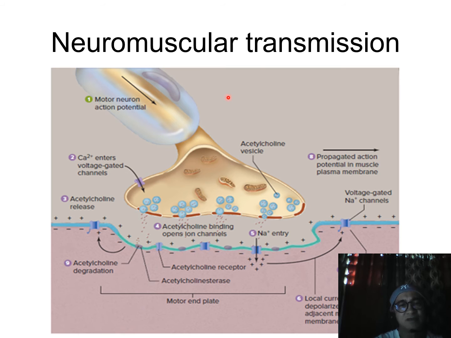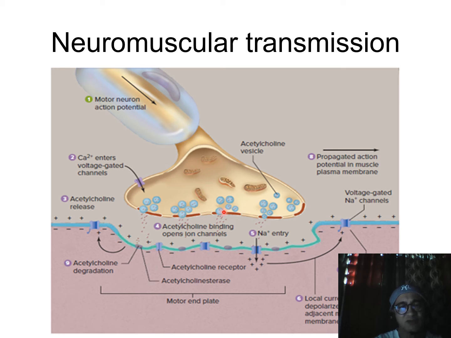The figure here shows the process or events of neuromuscular transmission when signals coming from motor neurons are transmitted to the muscle fiber to initiate muscle contraction. It starts with the arrival of the nerve impulse or waves of action potentials at the axon terminal. These waves of action potential cause